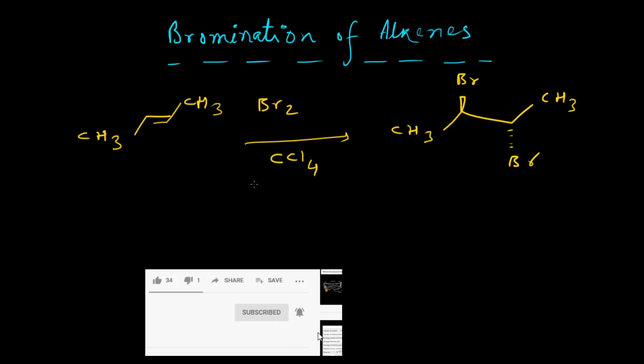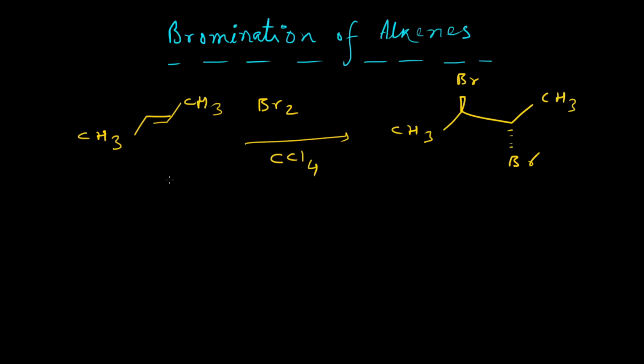So one can easily observe that the reaction is taking place by observing the change in color. Initially, due to the presence of bromine in carbon tetrachloride, the solution will be brown in color, and as the reaction proceeds, the color will fade, and at the end, when the reaction is complete, the reaction mixture will eventually be colorless. So this is one way you can confirm that bromination is actually taking place.